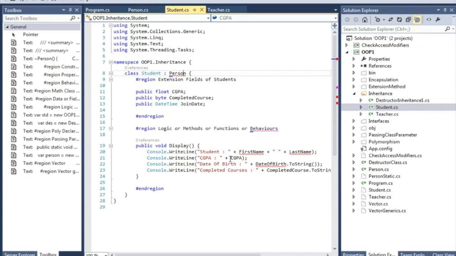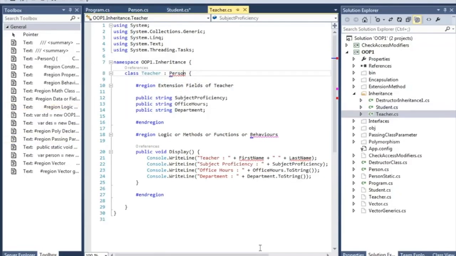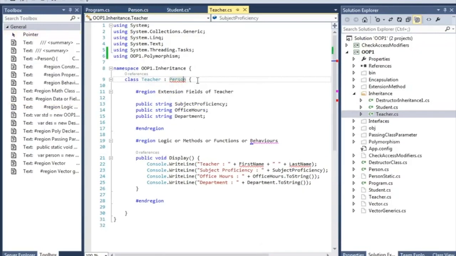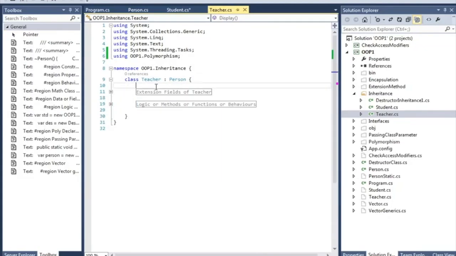To include the namespace, I just put my mouse cursor and press Ctrl dot to import the namespace, and here I'm saying OP dot polymorphism. That's it. So that's my person, and I have to do the same thing for the teacher class. And when I do that, the error will be gone, and here I'm achieving the same thing, but I'm not copying the same thing from the person class.